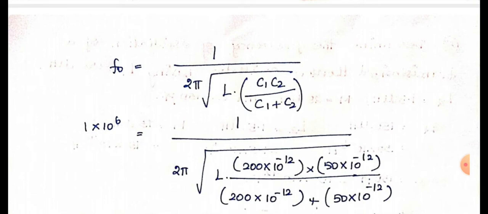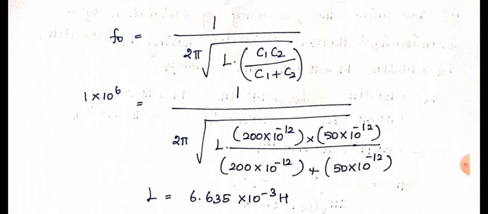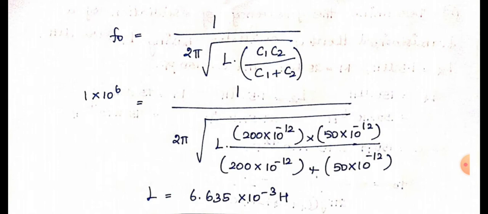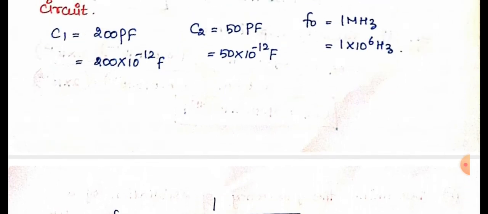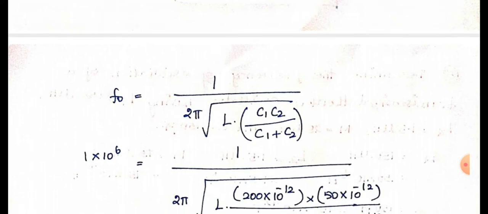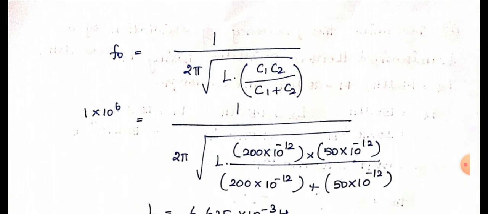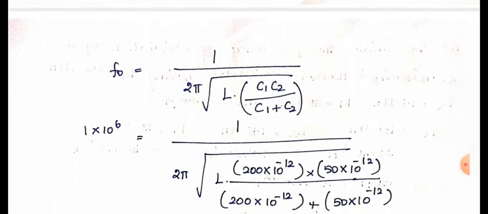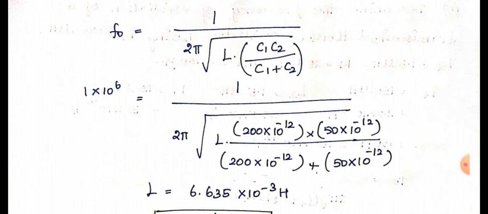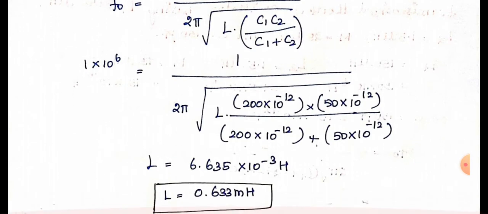So the formula is F naught equal to 1 divided by 2 pi into root of L into C1 C2 divided by C1 plus C2. So fix all the values. F naught is mega, so 1 into 10 to the power of 6 hertz. 1 into 10 to the power 6 equal to 1 divided by 2 pi, L to be found. C1 and C2 are given as 200 into 10 to the power of minus 12 and 50 into 10 to the power of minus 12. Multiplication on top, and addition in the divided by part below. So if you cross multiply all these values, L is equal to